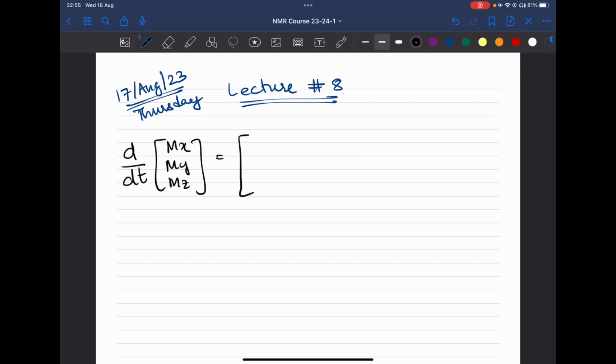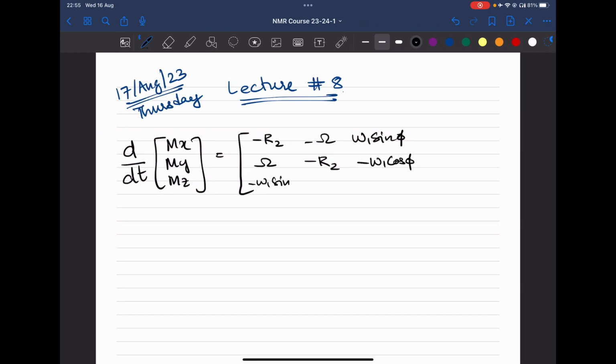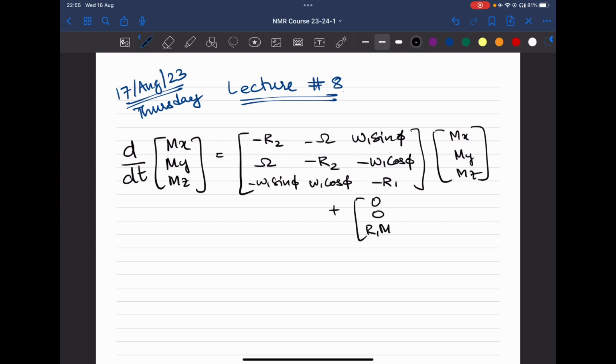as the Bloch matrix, which was minus R2, minus capital omega, omega 1 sine phi; capital omega, minus R2, minus omega 1 cos phi; and minus omega 1 sine phi, omega 1 cos phi, minus R1, times Mx, My, Mz, plus 0, 0, R1 M naught. This is what we refer to as the Bloch equations or the Bloch matrix,